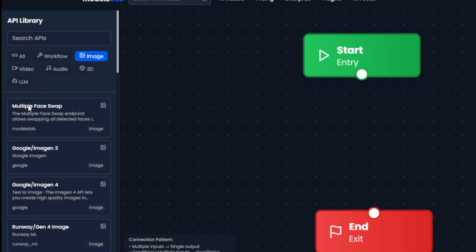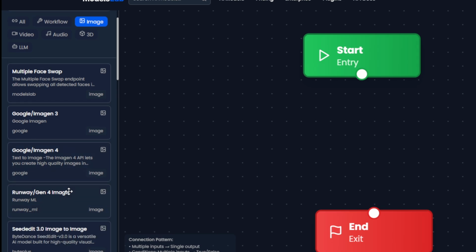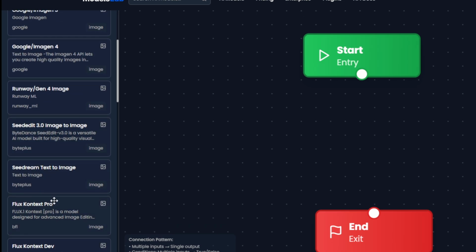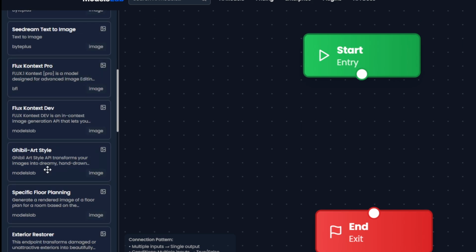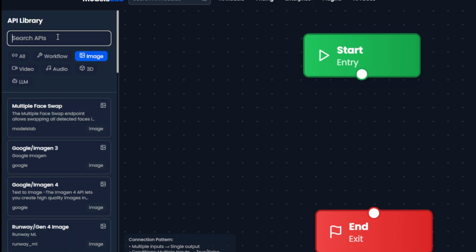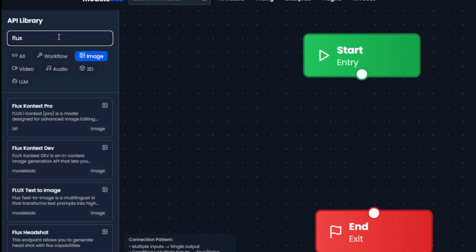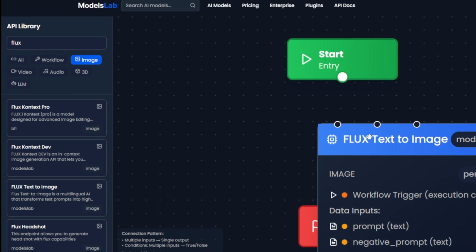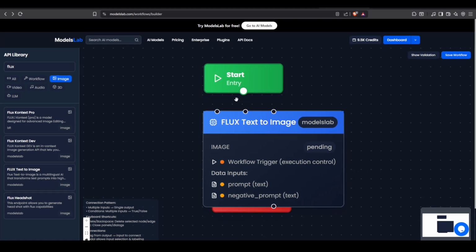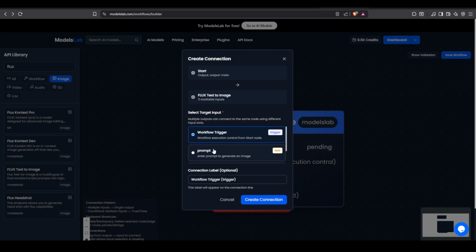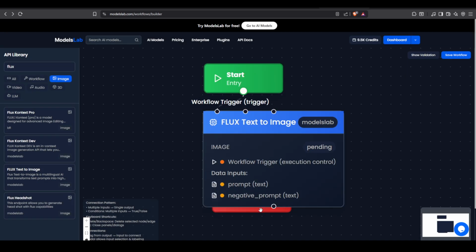Now let's assume I want to generate image to video. I need an image for that, right? I can simply come over here, Flux image, connect the node, create,